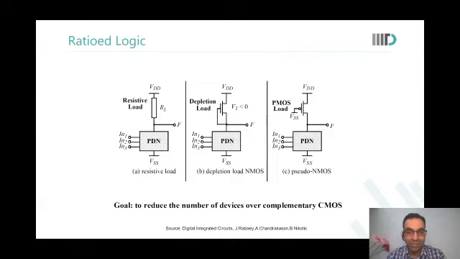Are you able to see this? The charging will be very slow then. So you cannot really keep the resistance extremely high. And moreover, if you have a real resistance there, then that resistance will take a lot of area. If you have a PMOS there or a depletion load there, area may not be that much impacted, but in all three cases, whether it is resistance or transistors, you will have much larger rise times.